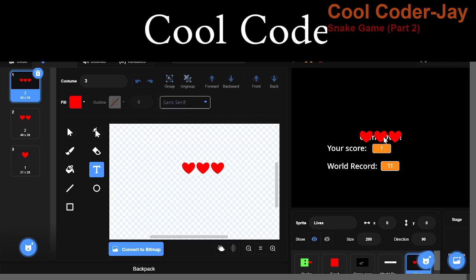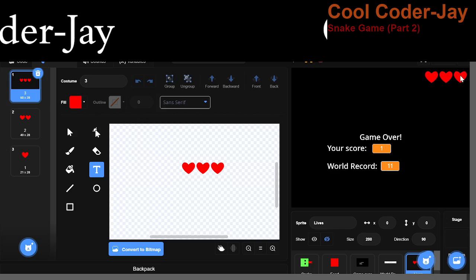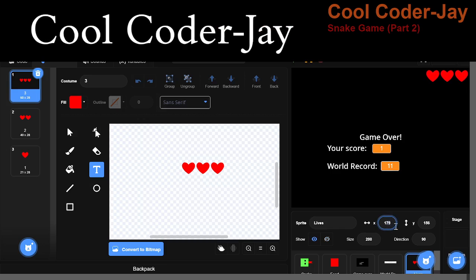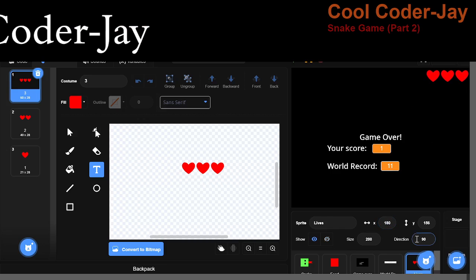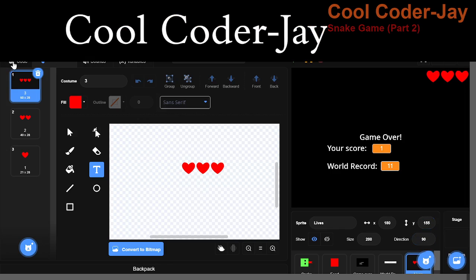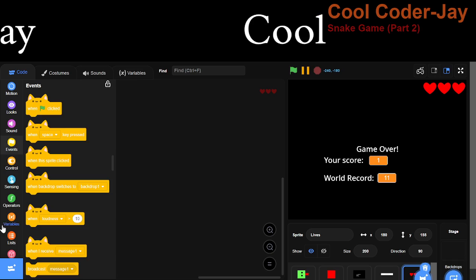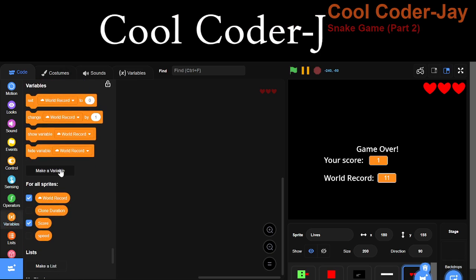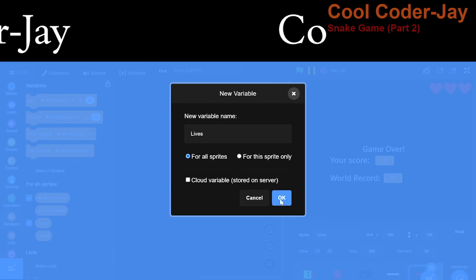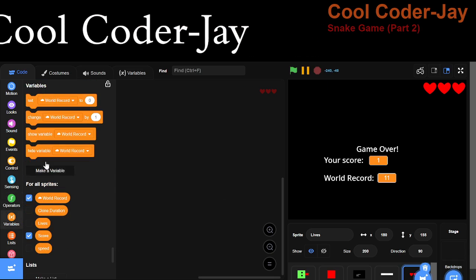And in the 3 heart costume, we are going to drag it to the top right corner, which is X 180 and Y 155. So we have positioned our lives there, and now we are going to make another variable, which is the lives variable for all sprites. Okay, and then hide it.